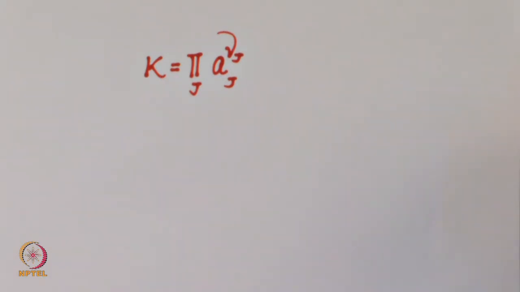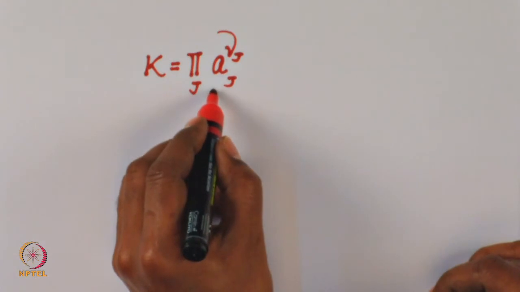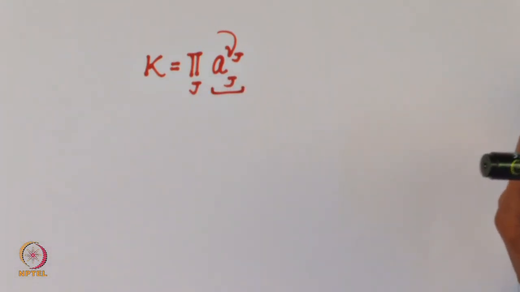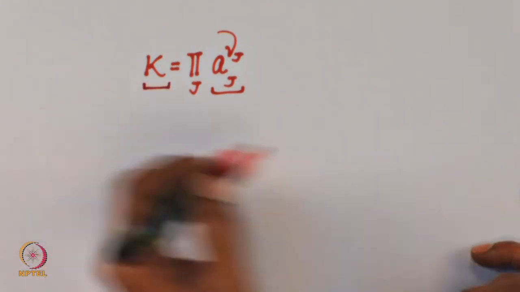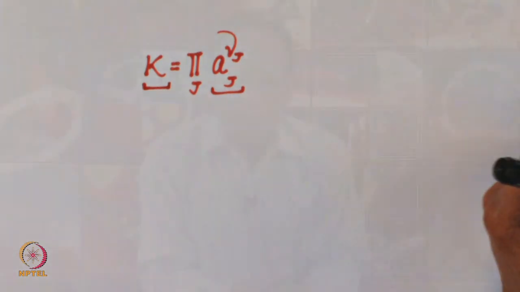Now, one thing to be recognized over here is that these activities are dimensionless quantities. We have discussed earlier that activity is a dimensionless quantity. So, therefore, we do not expect any units for equilibrium constant. This is a very important point which must be understood,